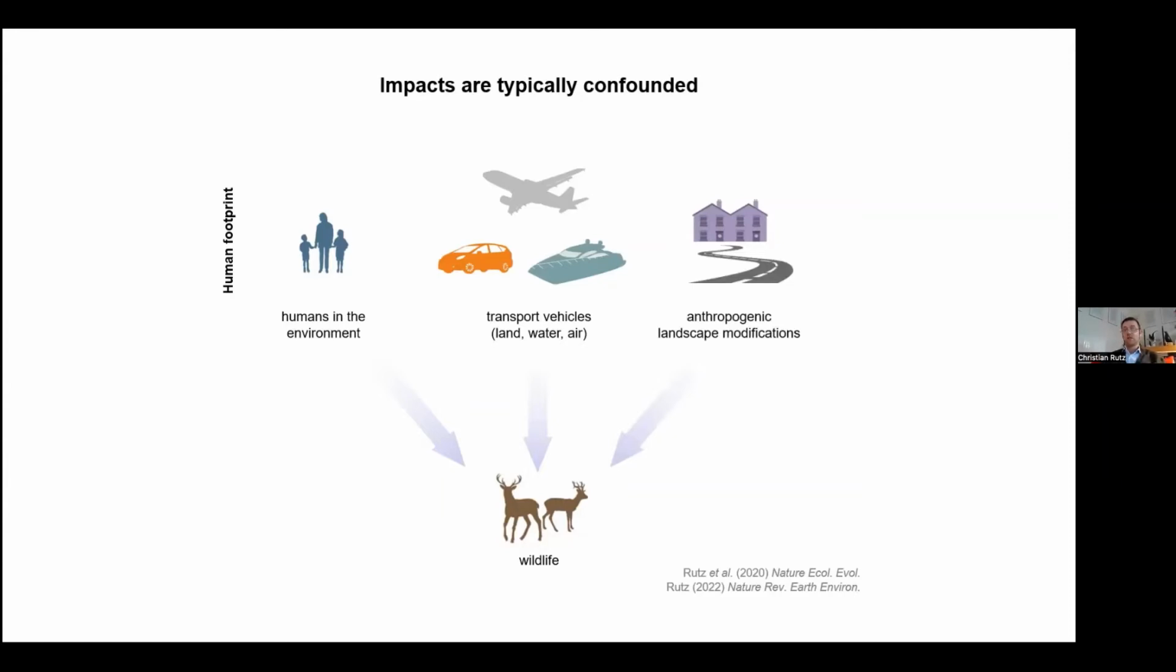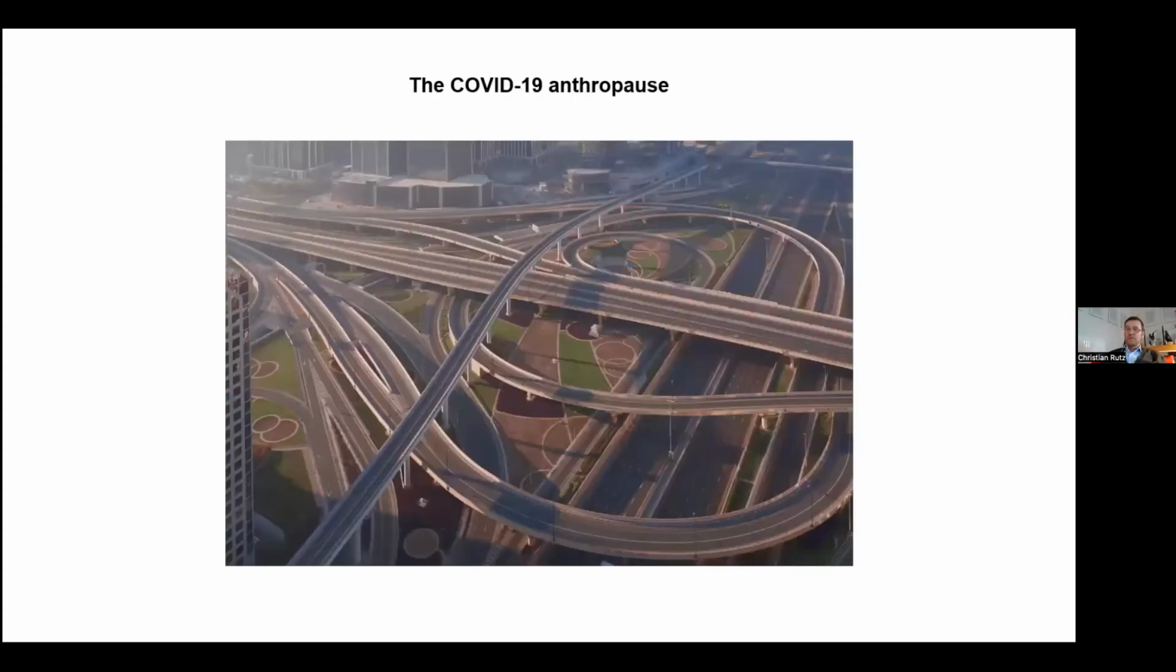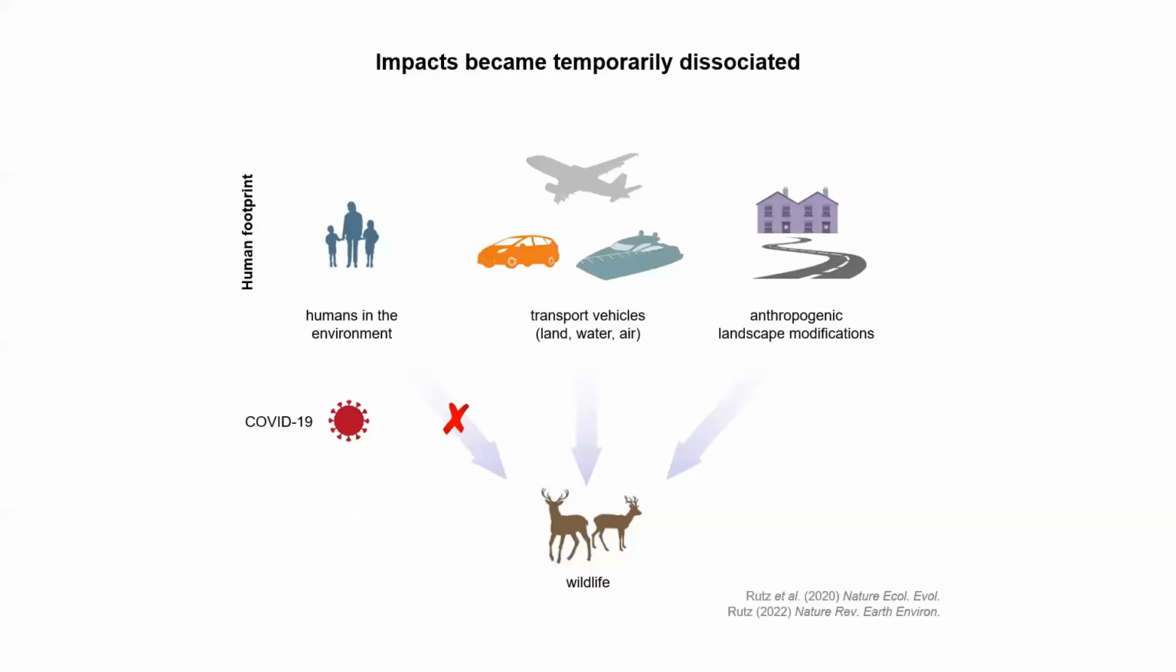And given that in most places these occur together, it's hard to establish what their relative contributions are in terms of disturbance effects and so on. But in 2020, with the most tragic beginning of the pandemic, humans, which at some point resulted in more than half of